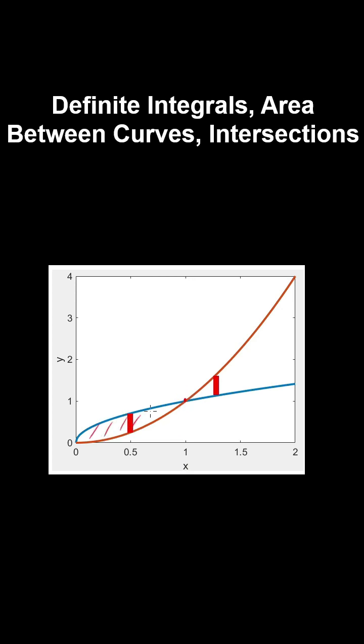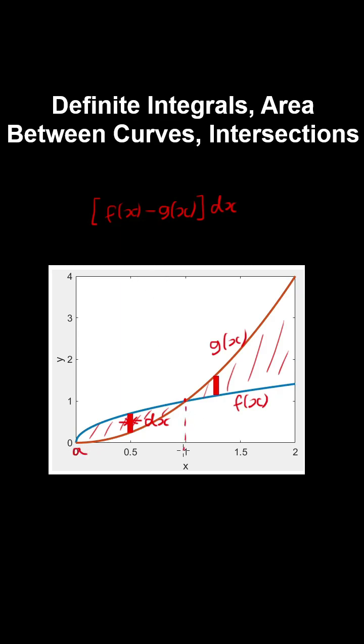So in this case, to find the area of both of these regions, we can use a piecewise integral. If we designate this function f of x and this one as g of x, and the thickness of each rectangle dx, then the area of the first region is f of x minus g of x, which is the height of one rectangle, and then multiplying by dx gives us the area of that rectangle. And then we integrate from x equals a to x equals b, and that gives us the area of that